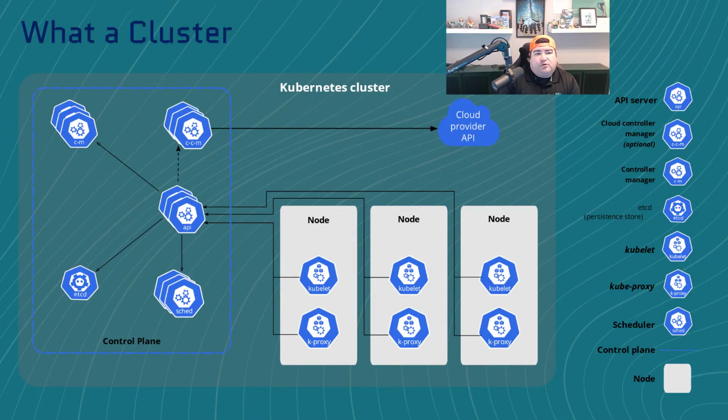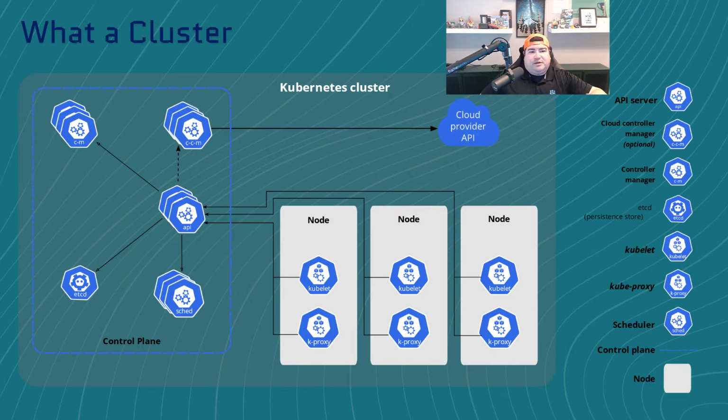The Kube controller manager. This is the control plane component that runs controller processes. Essentially in Kubernetes, controllers are control loops, right? These watch the state of our cluster and then make or request changes when they're needed. Every controller tries to move the current cluster state closer to the desired state. A controller tracks at least one Kubernetes resource type. These objects have a specification that describes the desired state. The controller for that resource is responsible for making the current state come closer to that desired state.